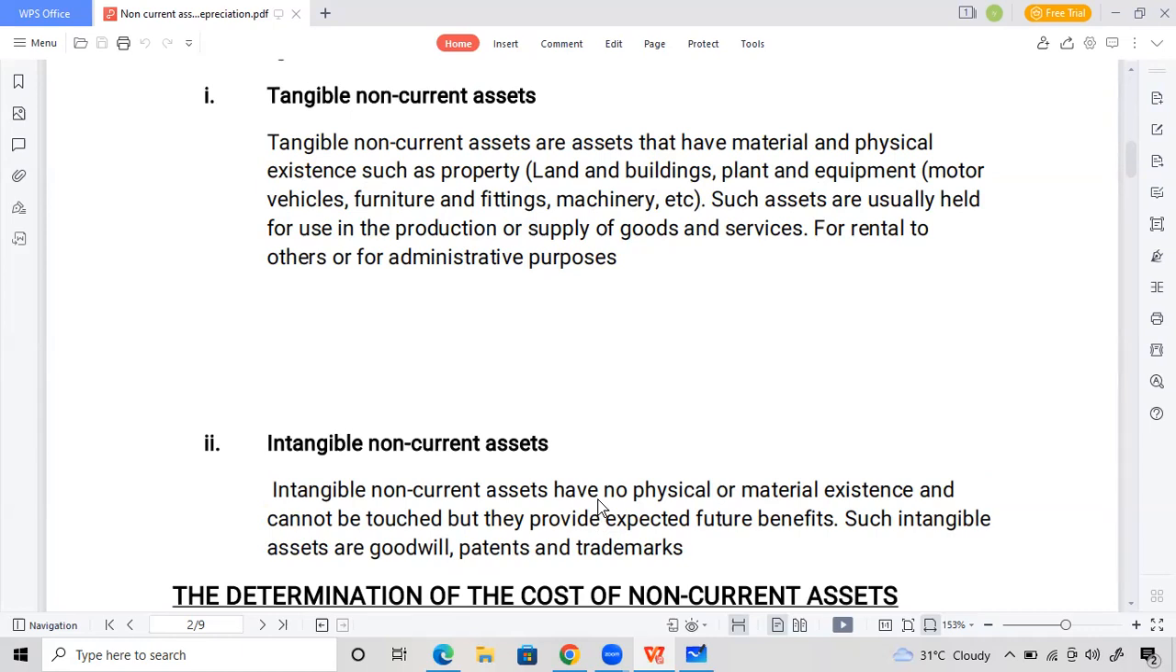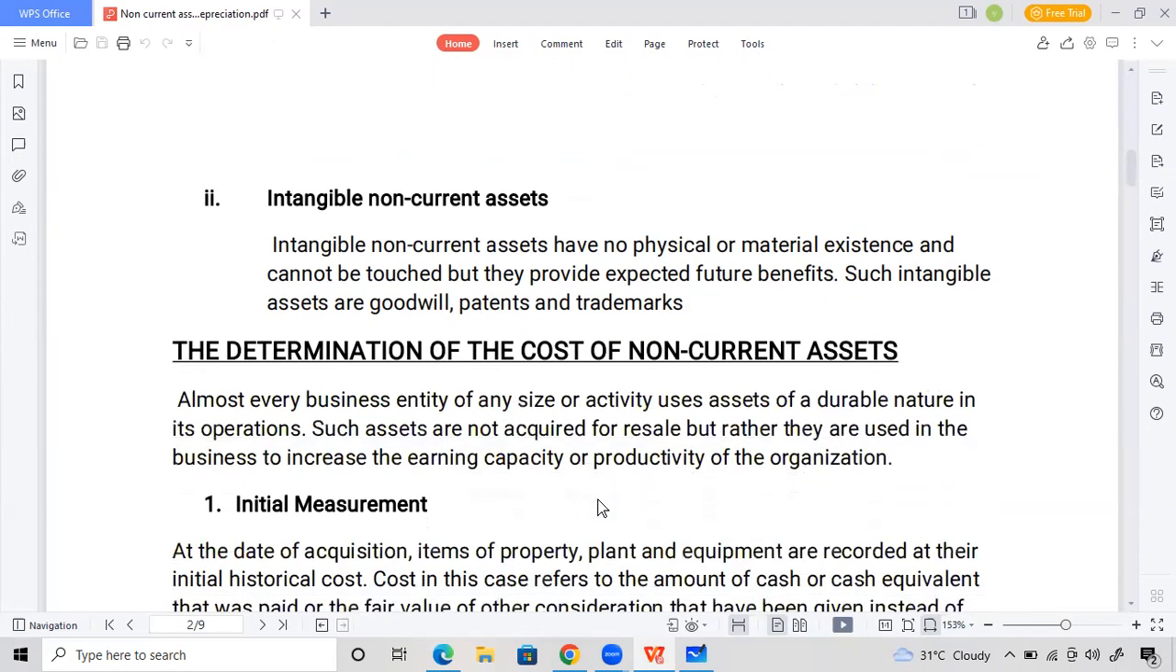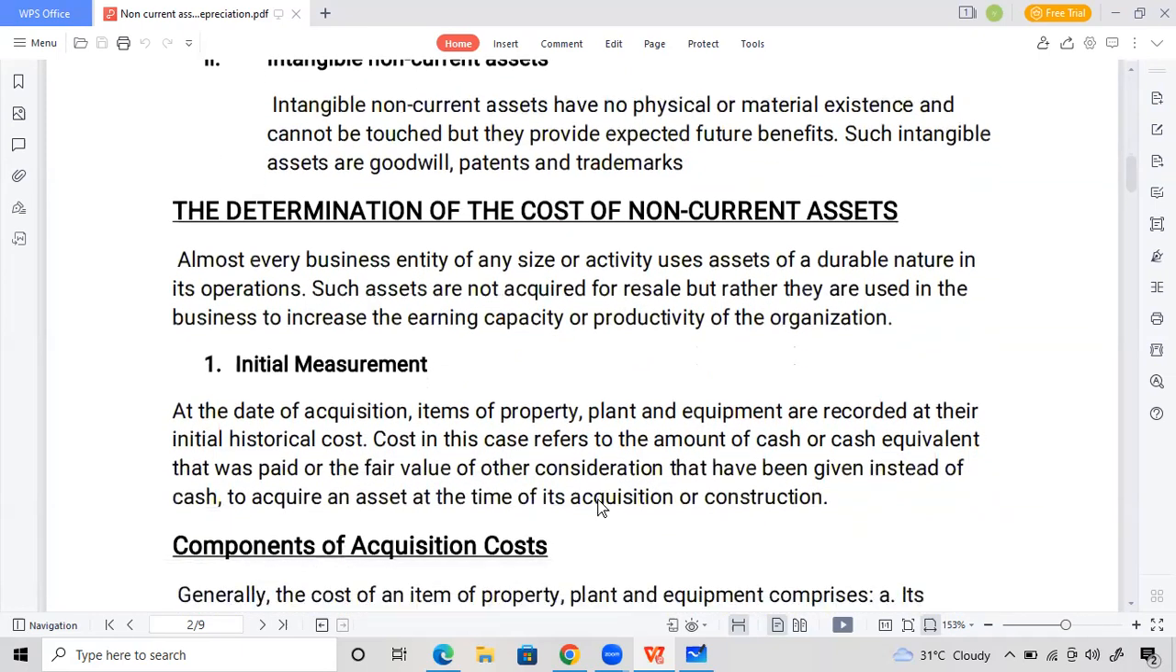Asset is divided into how many? Two, non-current and current. Non-current asset is further divided into how many? It's further divided into two, tangible and intangible. So now the next thing that we need to talk about is